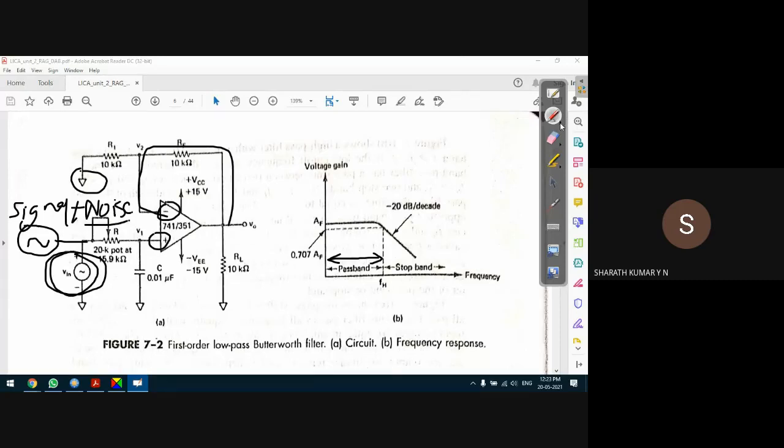How to remove the noise? I mean, how does a circuit identify the noise signal among the actual signal? The noise signal is usually characterized by high frequency. In that case, if we use a low pass filter, the low pass filter will allow only low frequency signals, thereby blocking the high frequency signals. And these high frequency signals are mostly nothing but noise.